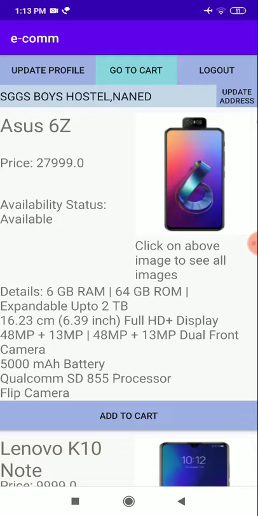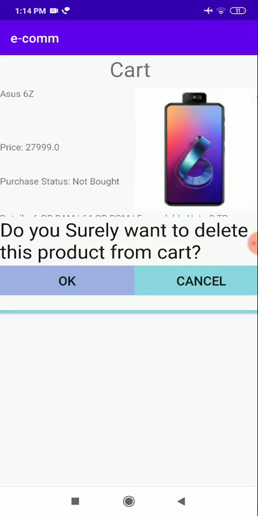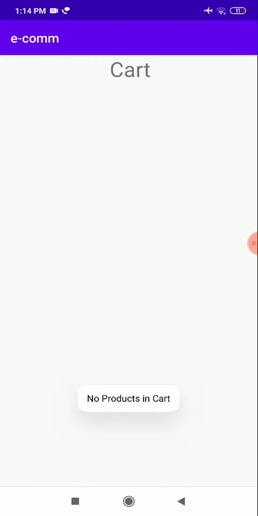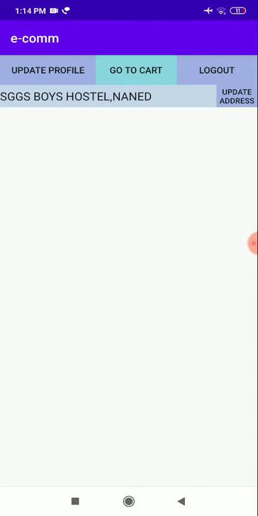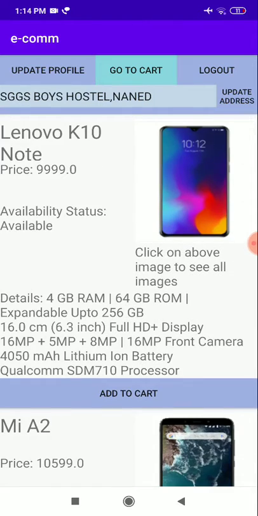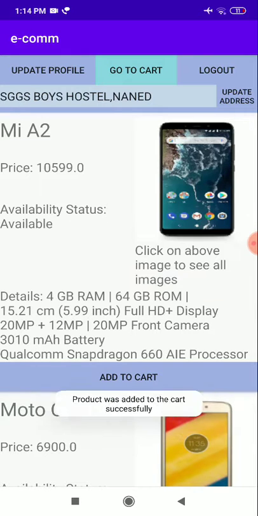This is the Asus 6Z. Go to cart. If later we want to cancel this order, we can remove it from the cart before buying. If we cancel, it will do nothing. If we press ok, then as we had only one product in the cart, the cart will be empty now. If we add this product, Mi-A2, to the cart and press ok,